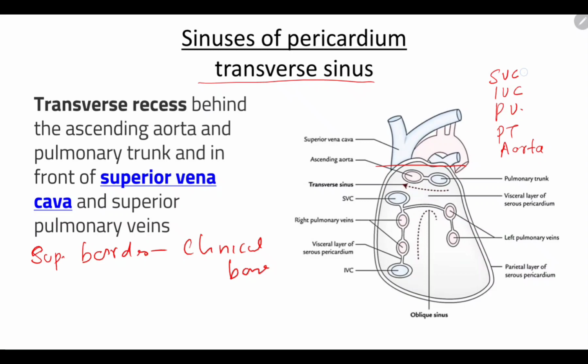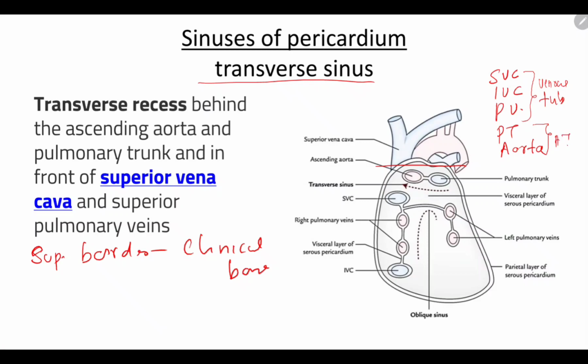So here we have these veins, the superior vena cava, inferior vena cava, and the pulmonary veins, and we have the pulmonary trunk and aorta. The part where these veins are situated we just call the venous tube, and these structures constitute the